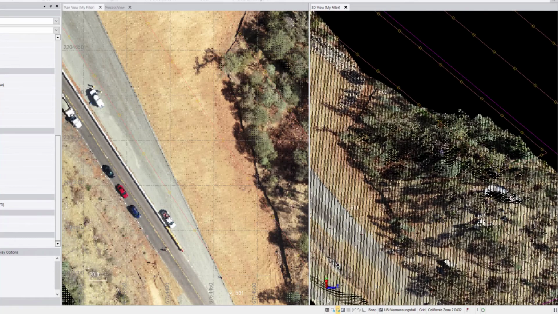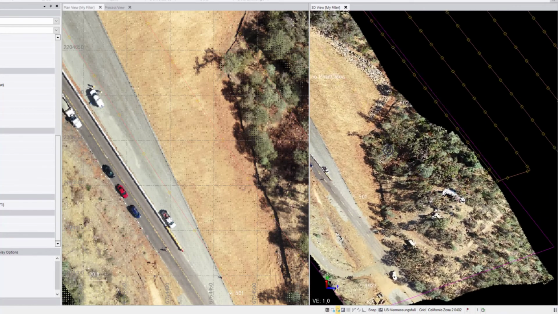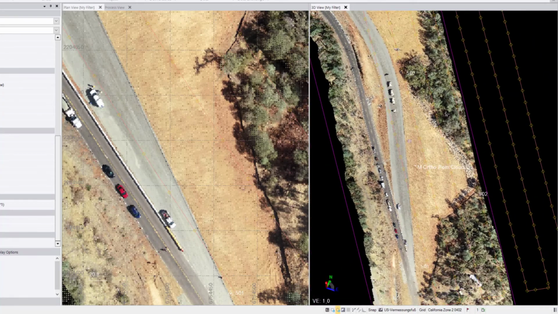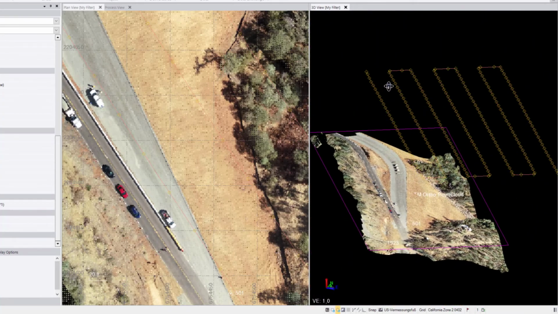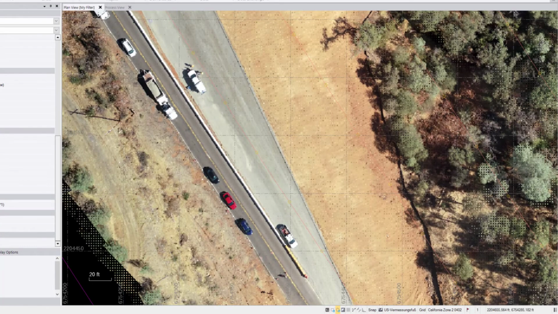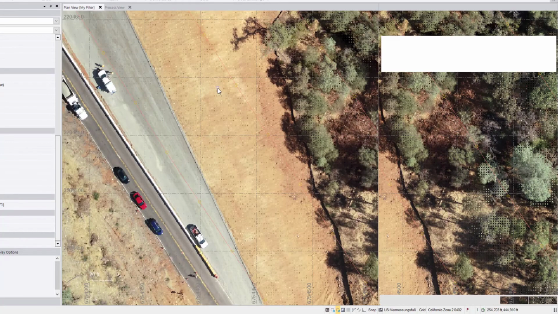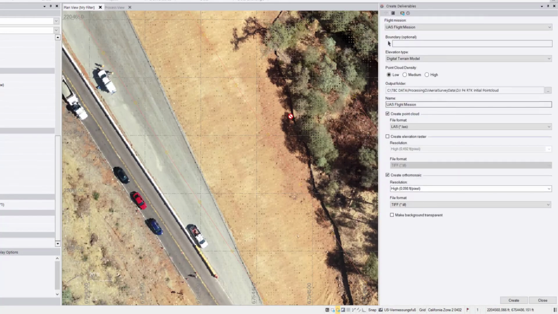This depends on how dense the trees or the forest are. You can do it better or worse. In our case here, this is not so bad how it was done. Okay, so let's close the 3D view and go back to the deliverables. And now in the next step, we want to generate a digital surface model